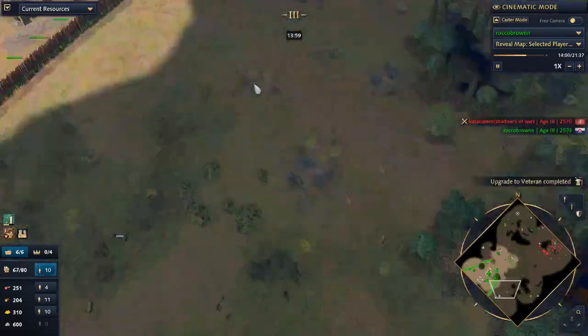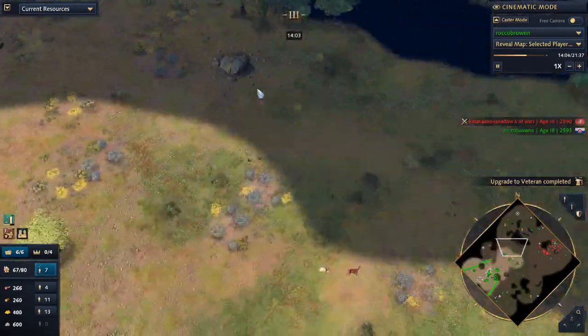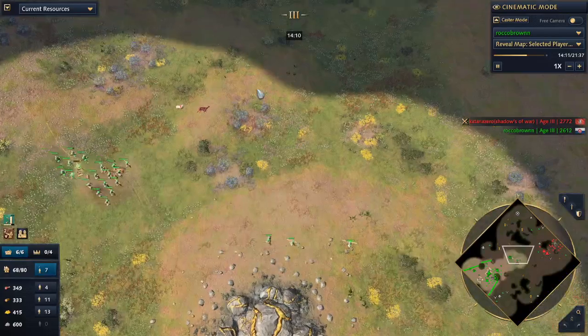Like at this point in time, I was looking for a stone, and I did not find any stone to literally re-macro them to. So I threw them on gold. It looks like...